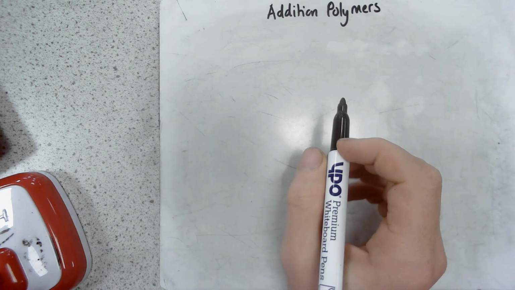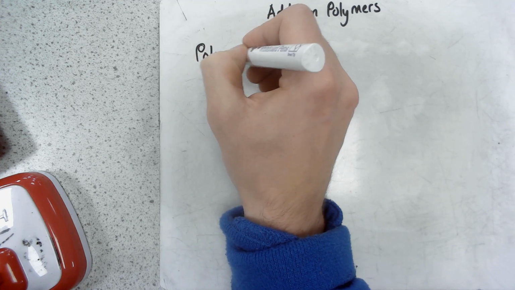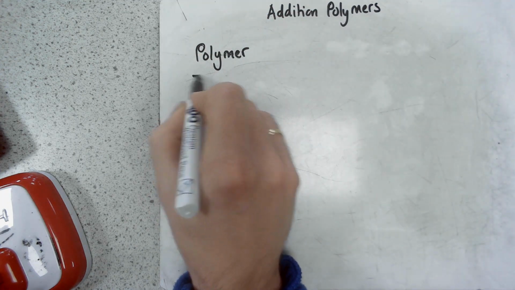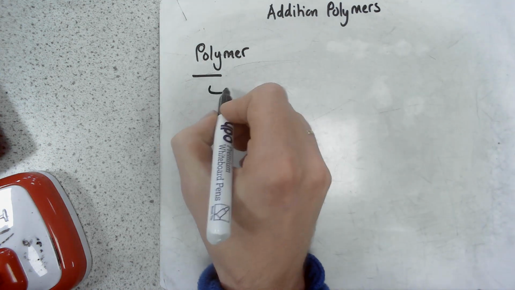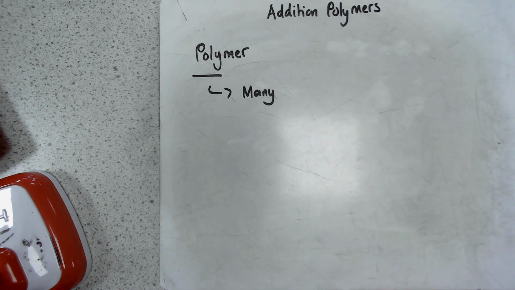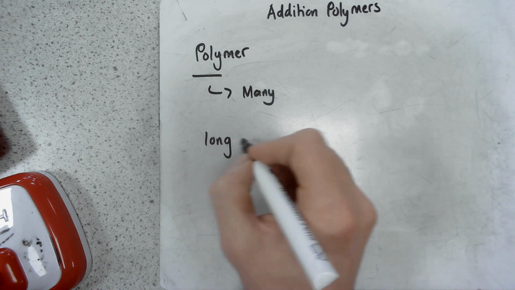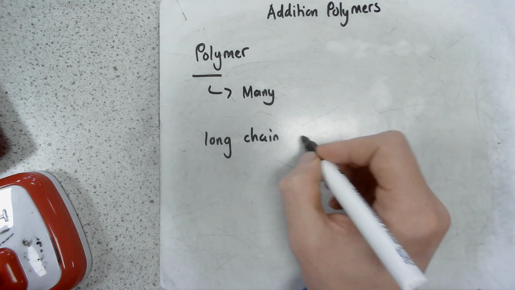Firstly, let's think about what a polymer actually is. If we look at the word, crucially it has poly in it, and poly just means many. If you see the word poly anywhere, poly means many. You could think polyamorous. Polyamorous means that you have lots of partners. But poly means many. Now, polymers are long chain molecules